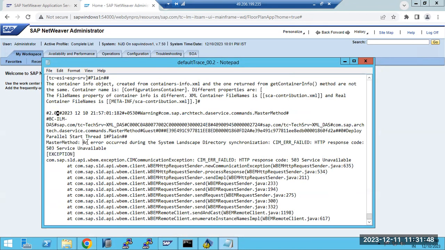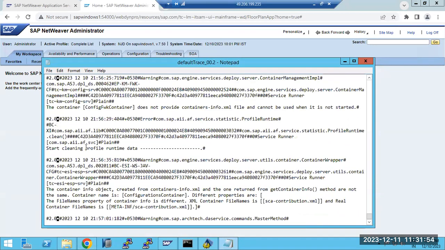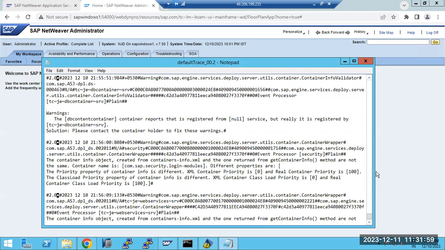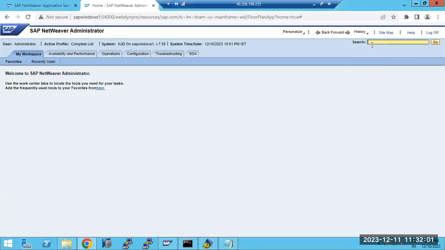Method: error occurred during the system SLD synchronization. So 503 service unavailable here. SLD is down, something like that, right? So the SLD thing we also checked here. So if we go to the SLD,